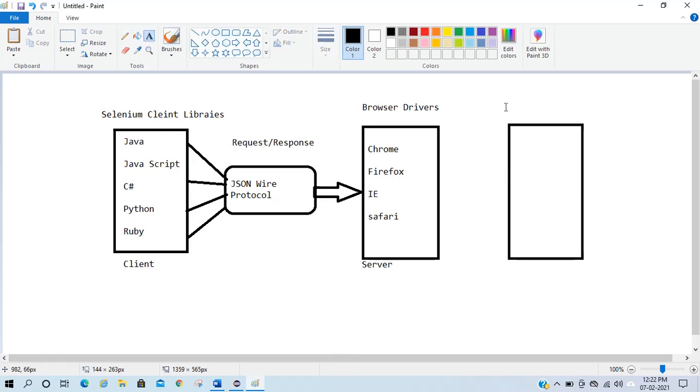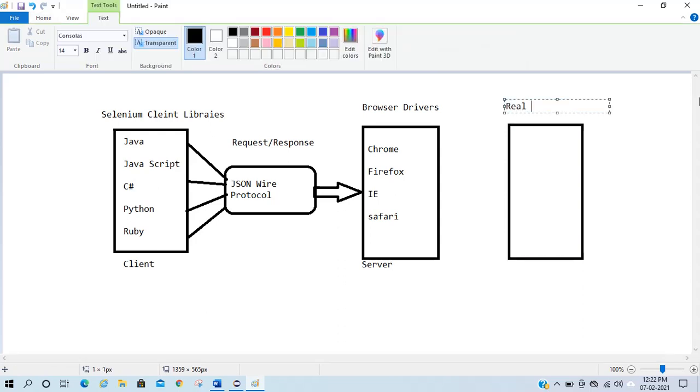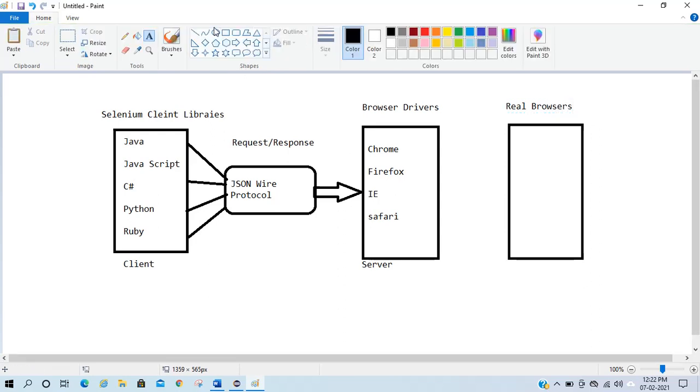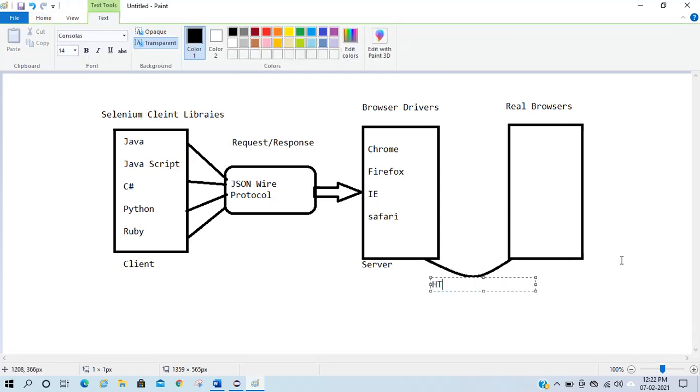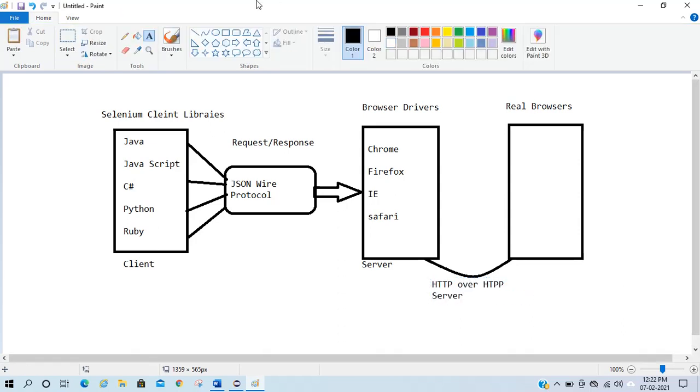These are again my real browsers. And the communication between the binaries and the browser happens over an HTTP server. I hope this much is clear.